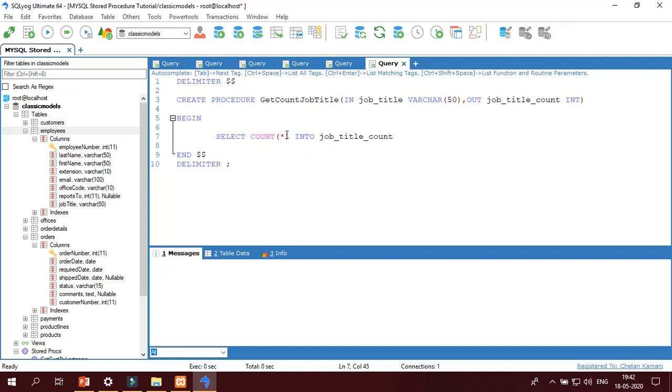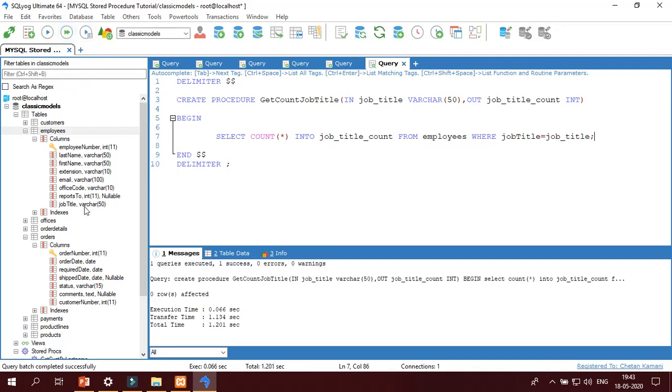Whatever count this query calculates will be stored in this variable, whose parameter mode is OUT, from which table, employees, where job title equal to job_title.